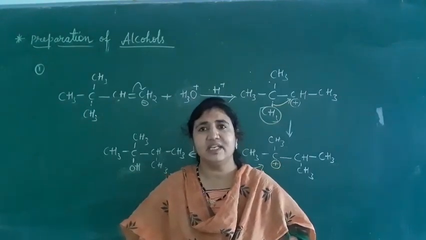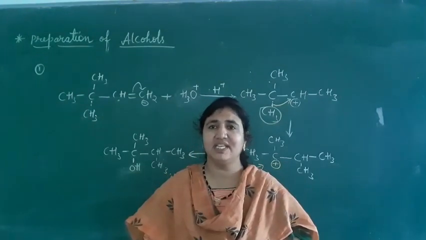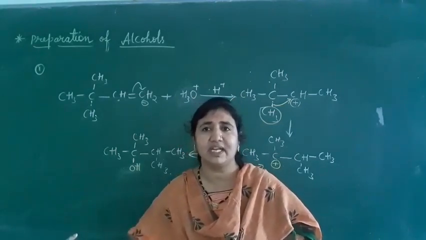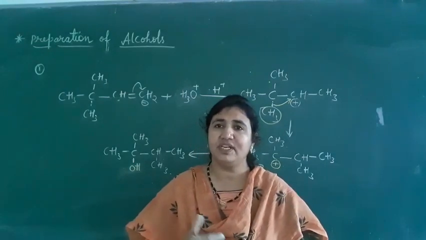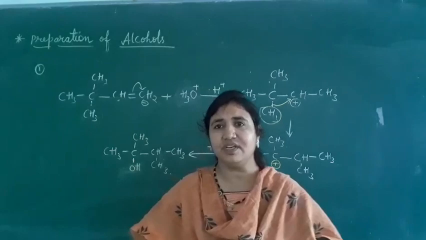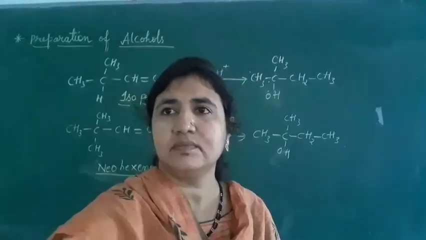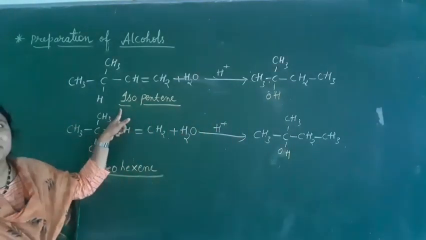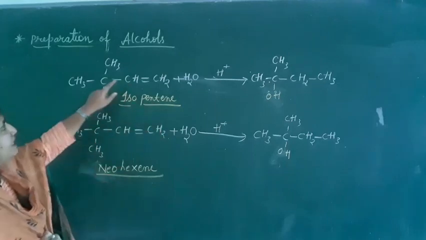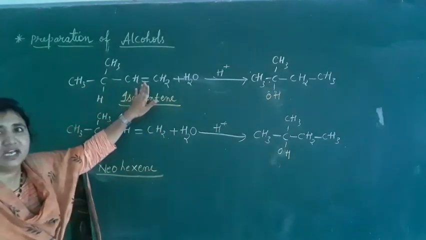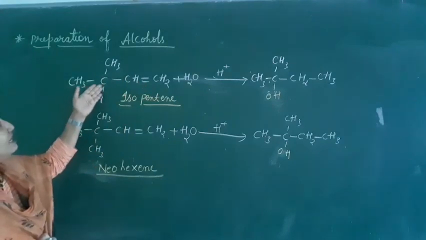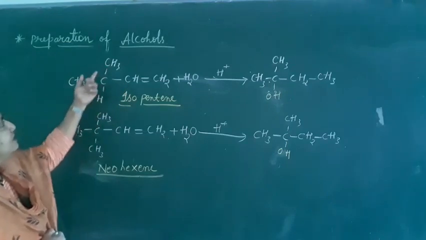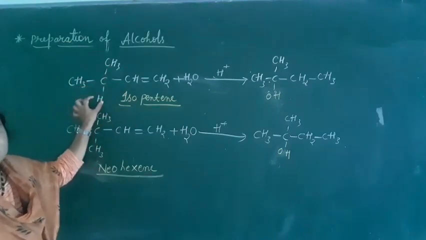Wherever a carbocation is there, the possibility of rearrangement is there. A secondary carbocation we can convert into a tertiary carbocation by 1,2-shift reactions: the hydride shift reaction and the methyl shift reaction. Both I have explained to you. So please see these two examples I have explained. What is this name? Remember, isopentene. When the double bond is at the terminal end, and beside that carbon we can convert into a tertiary carbon, then we can make it a carbocation by shifting this hydrogen here.